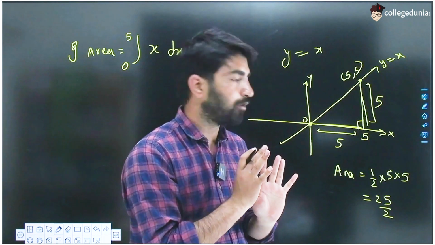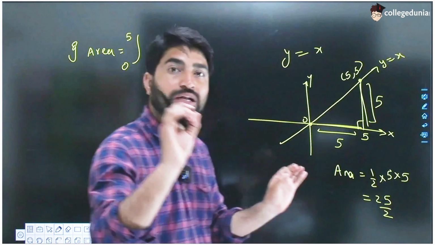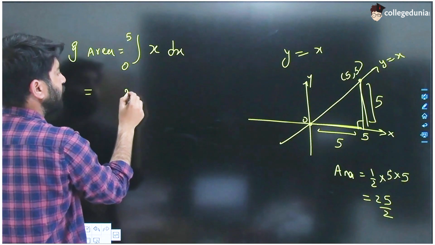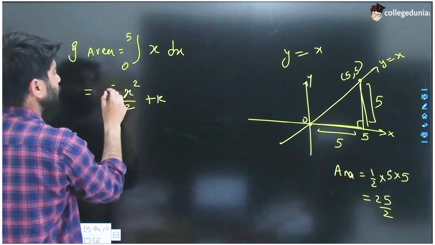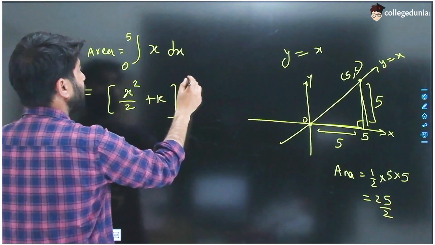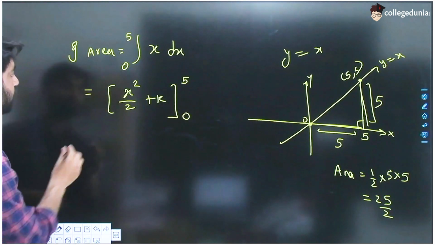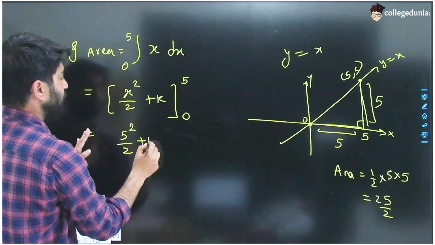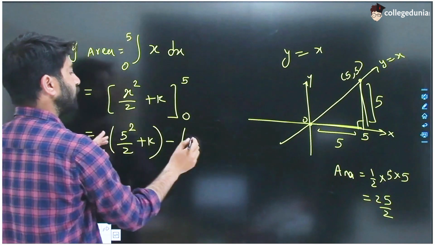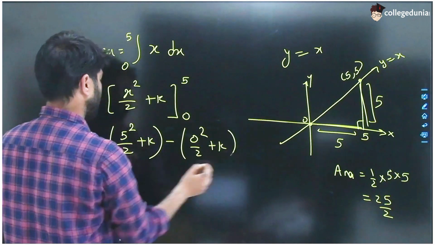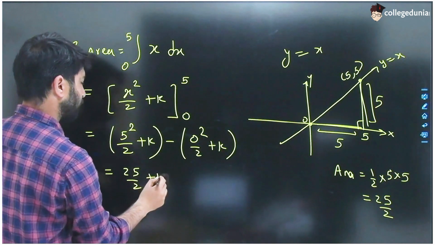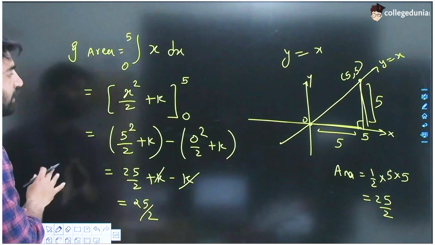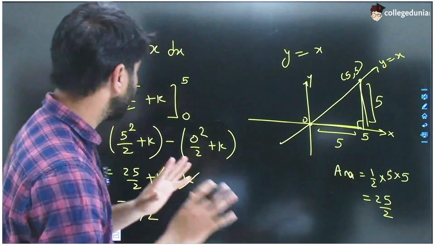बट ये जो आंसर आपने फाइंड किया है, ये आपने फाइंड किया बाय यूजिंग एरिया ऑफ ट्राइंगल वाला फॉर्मूला, ओके। बट सेम थिंग वी आर गोइंग टू फाइंड बाय यूजिंग डेफिनेट इंटीग्रल फॉर्मूला। हमें इंटीग्रेट करना है x को, तो इंटीग्रेशन ऑफ x इज x स्क्वायर बाई 2 प्लस k। देन एक बॉक्स आपको इस तरह से बनाना है, यहाँ पे लिखेंगे 5 एंड हियर यू विल हैव टू राइट 0। देन x की जगह पर आप पुट करेंगे 5 का स्क्वायर अपॉन 2 प्लस k माइनस 0 का स्क्वायर अपॉन 2 प्लस k। दिस विल बिकम 25/2 प्लस k माइनस 0 एंड माइनस k, एंड क्लियरली यू कैन सी द आंसर इज अगेन सेम। चाहे इस मेथड से करो या उस मेथड से करो, आंसर दोनों सिचुएशन में सेम आएगा।